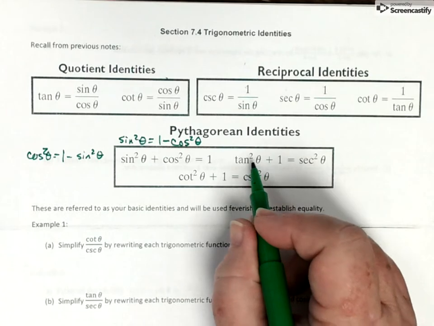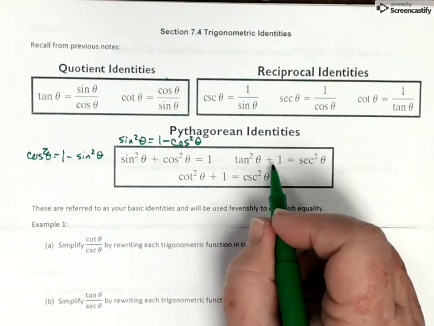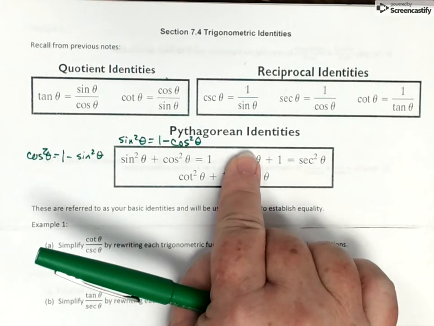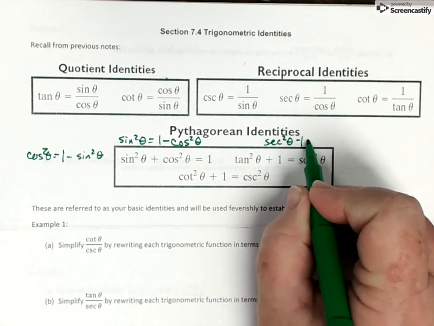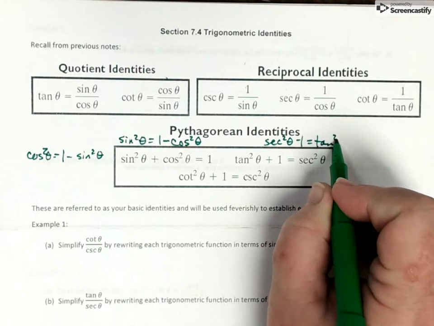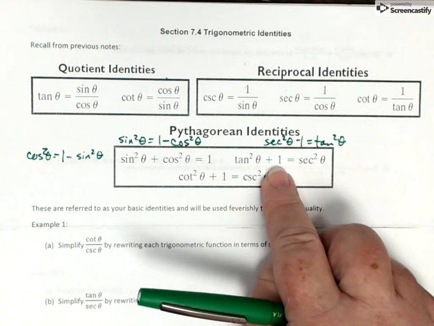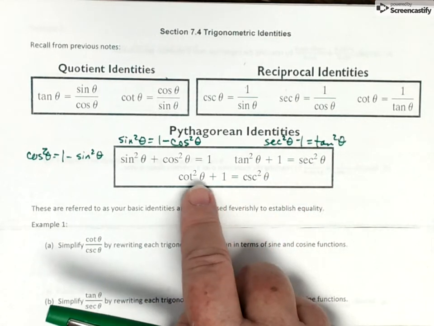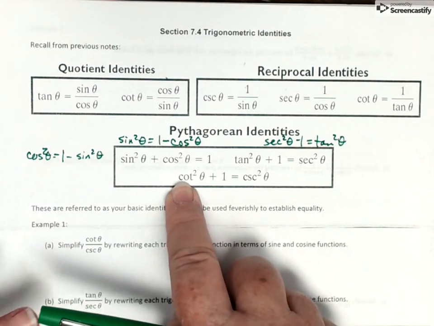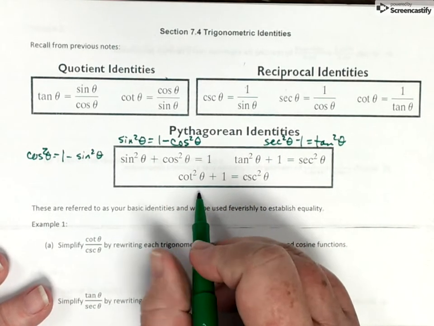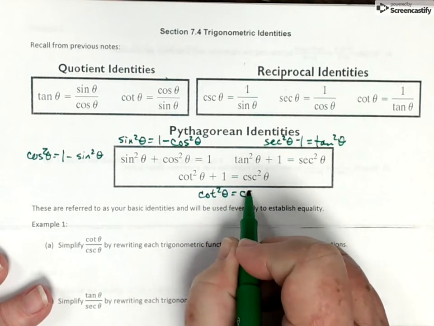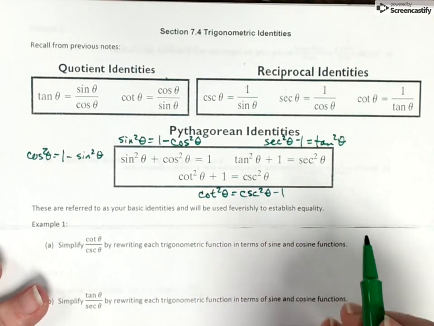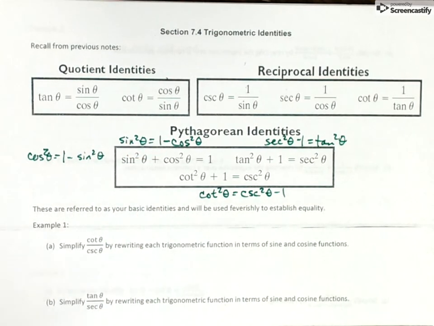We could take the tangent squared theta and isolate it by moving the 1, which would give us secant squared theta minus 1 equals tangent squared theta. And we can isolate the cotangent squared theta to where we would have cotangent squared theta equals cosecant squared theta minus 1. So we have 6